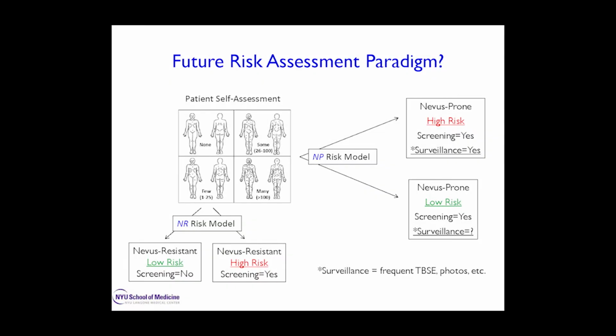You've heard about 23andMe and Ancestry.com and all that. Same idea, spit in a cup or whatever, and you run it. And you say, okay, well, you're nevus resistant, you're genetically low risk, go see your primary care, tell them what A, B, C, D, E, ugly duckling, something new comes up on your skin, don't wait, go get a skin check, right? But if you're in this group here and you say, gee, you're genetically high risk even though you don't have a lot of moles, say, you know what, maybe you should come once a year, plus we'll give you all this information to pay attention to your skin,